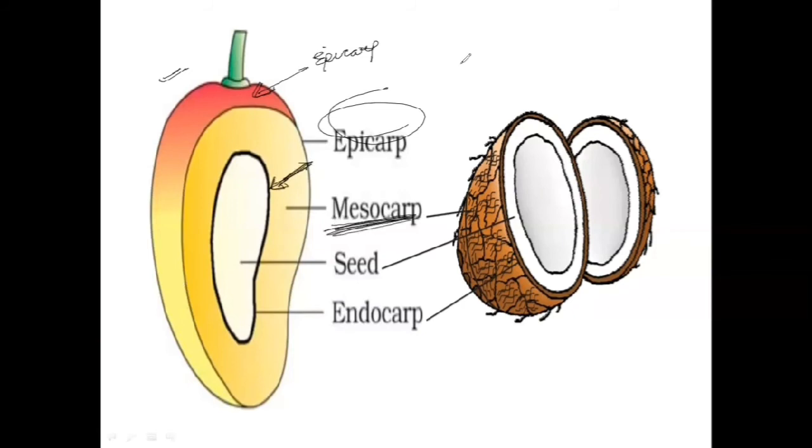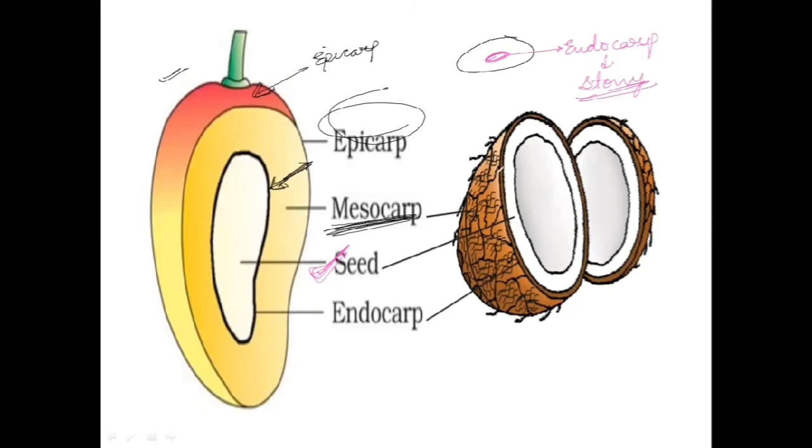And inside, suppose this is one mango, and in this mango we have this part present. Okay, so this part, the outer covering of the seed, is actually known as the endocarp. Here this endocarp is stony, which is a characteristic feature of drupe fruits, and inside this endocarp the seed is present. Now when we eat mangoes, we throw away the complete endocarp with the seed. Okay, so this is all about the mango you need to remember.